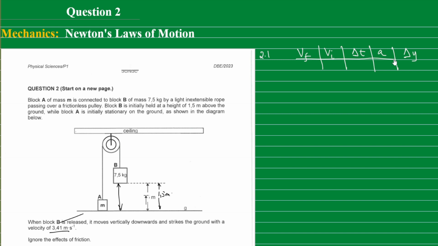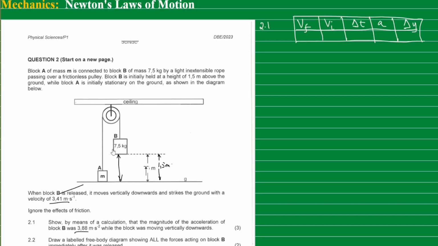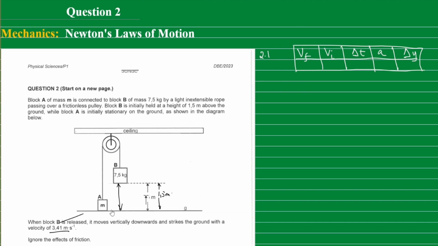It always helps to analyze what information you are given in the question. So for the movement from the top down to the ground, we have a final velocity of